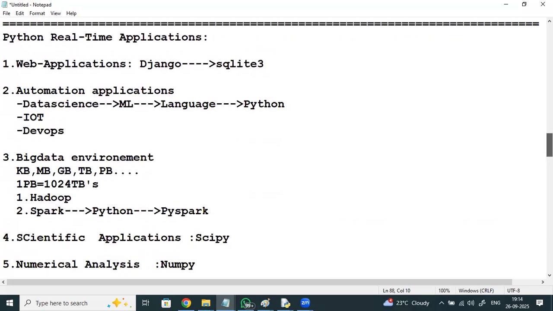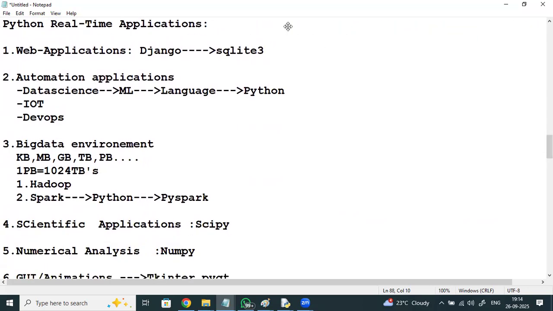What kind of applications are we developing today using Python? Python is mostly used for developing web applications. At a rapid speed, you can develop web applications using Python. It has got a framework called Django. Django works at a rapid speed. It has got its own database and its own application server, and with very less coding, you can develop a web